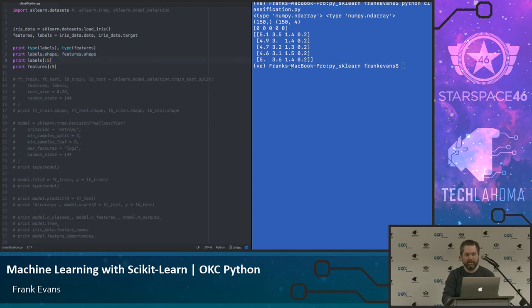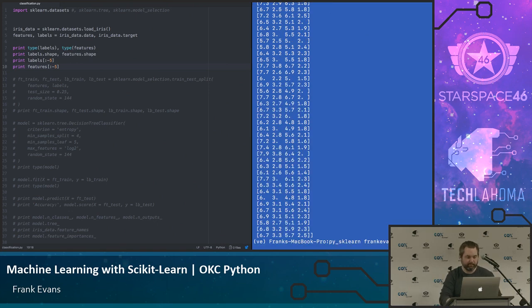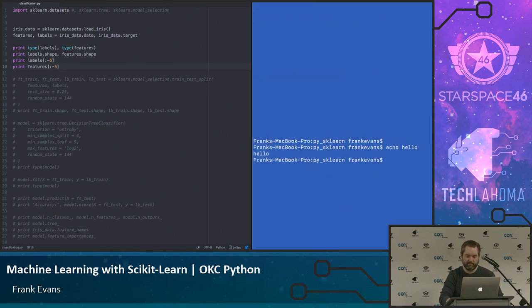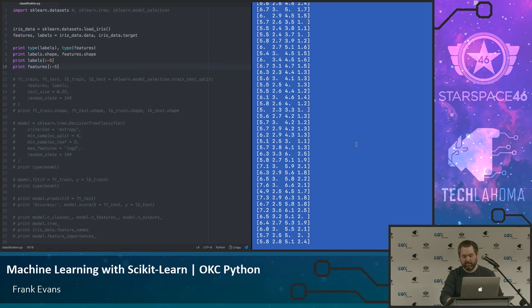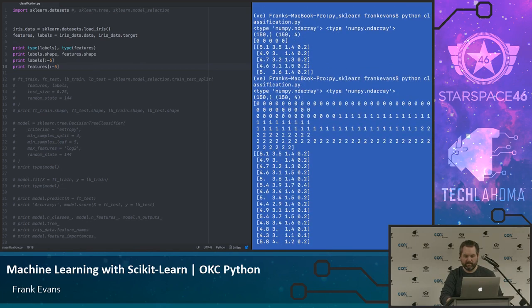Let's look at a little bit of them. Let's just look at the first 5 of the labels. Looks like they are all 0, and then these are a matrix of some floats. Let's look at the last 5 and see, are they materially different? Oh, that's everything but the last 5. That's what happens when you don't pay attention. Anyway, there's all of our data. Okay, 0, 1, 2, 2. So our labels are these integers, and they don't really seem to be continuous. They're hard integers, 0, 1, 2. That's what's standing in as our different characteristics.